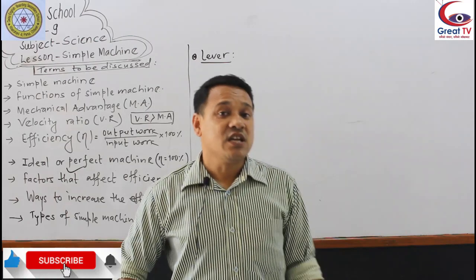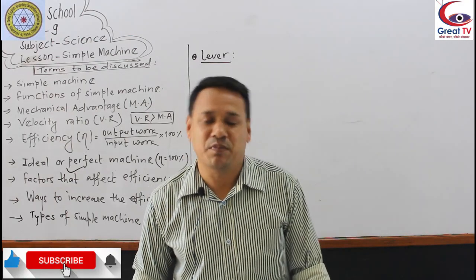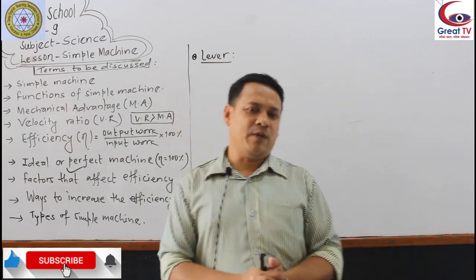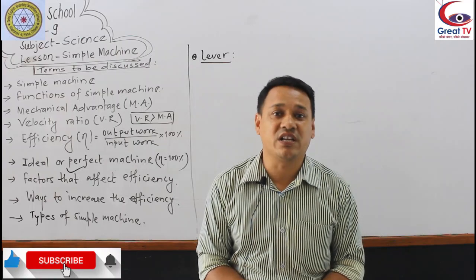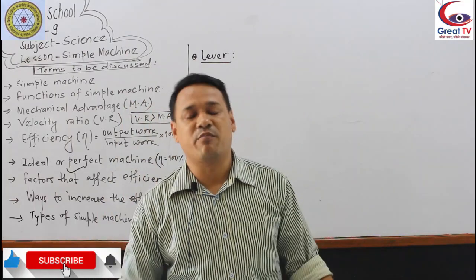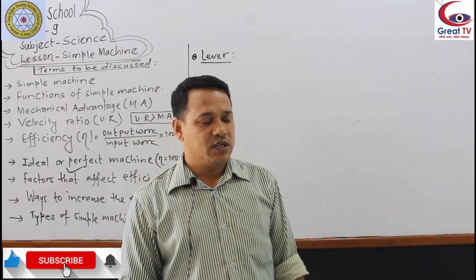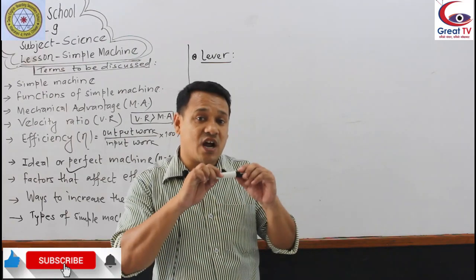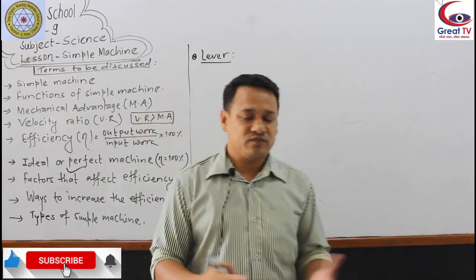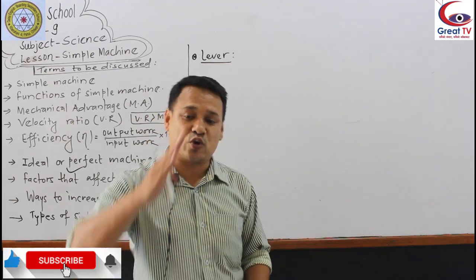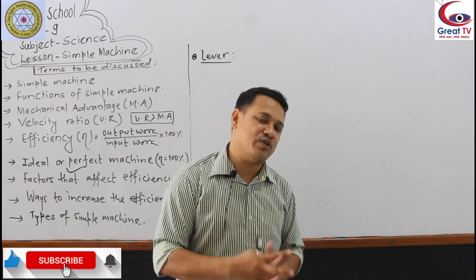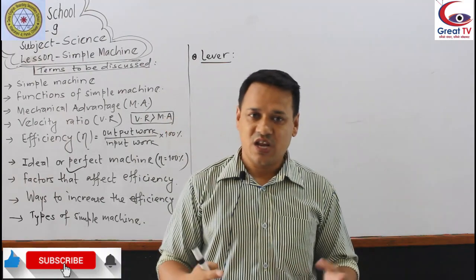He said that. That means the lever is a very efficient simple machine. So a lever is a long rigid bar. Is it necessary to be straight or not? No. It can be straight or bent, no problem, but it must be rigid, hard, strong. So a long rigid bar that may be straight or bent and capable of rotating about a fixed point. And this fixed, supporting point is called the fulcrum. You have read this in class 6, 7, 8, so it is not new for you.